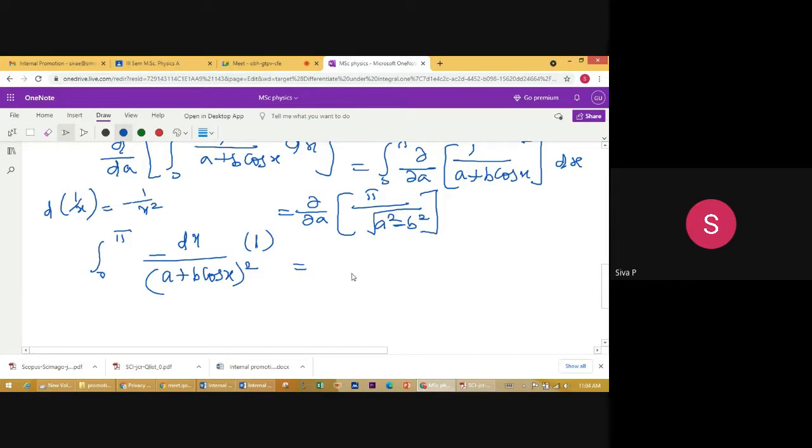Okay, and then the right hand side. Pi is constant, take it outside. Then the differentiation of this one is 1 by root x. So what is differentiation of root x? No, it is not root x, it is 1 by root x. So x power minus of it will come.